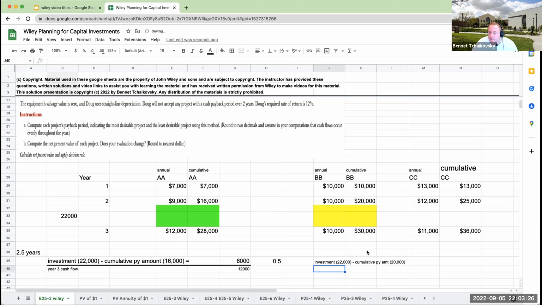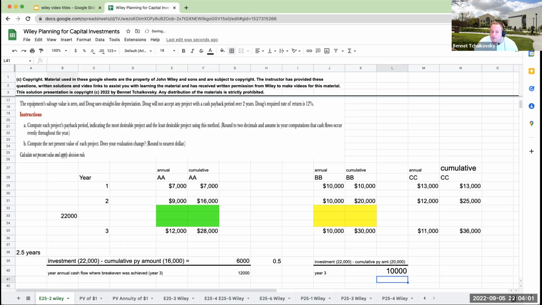And then I'm going to divide this over here by the year 3, or basically the year following cash flow. So why don't we call this the annual cash flow where break even was achieved. This is going to be year 3 for project AA. So this over here will be year 3, and the amount is going to be